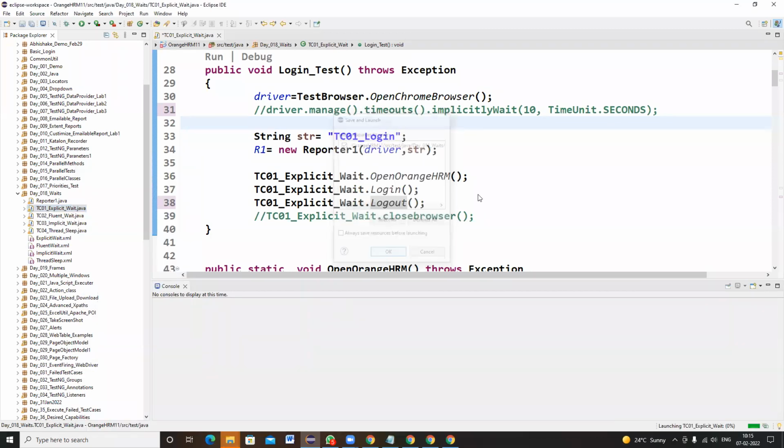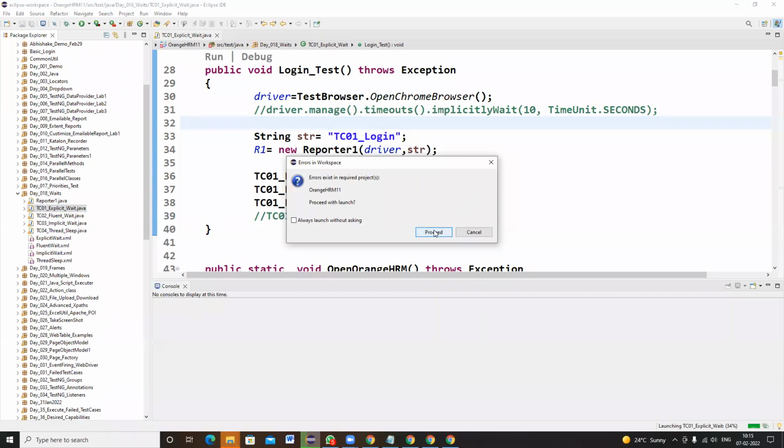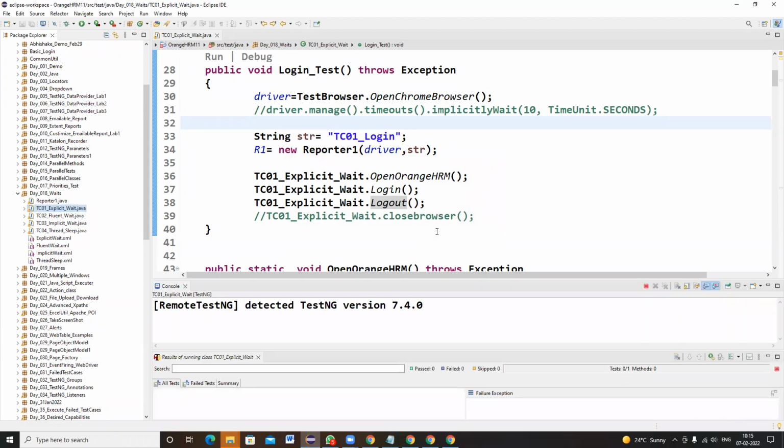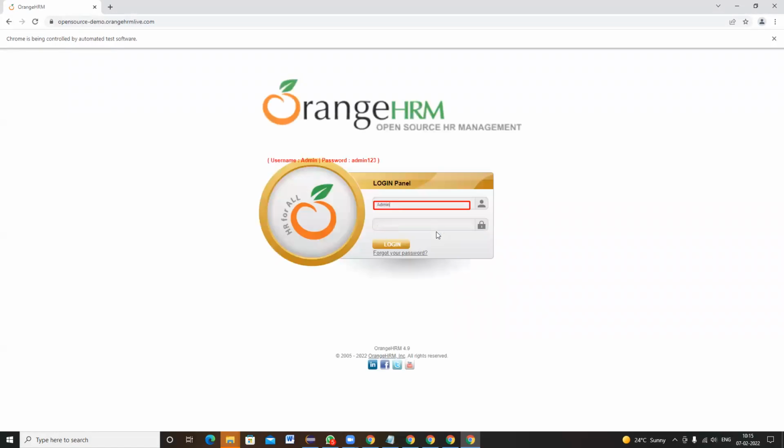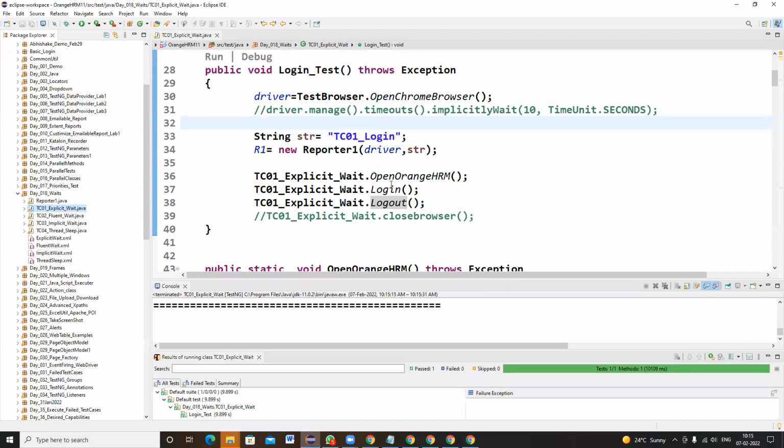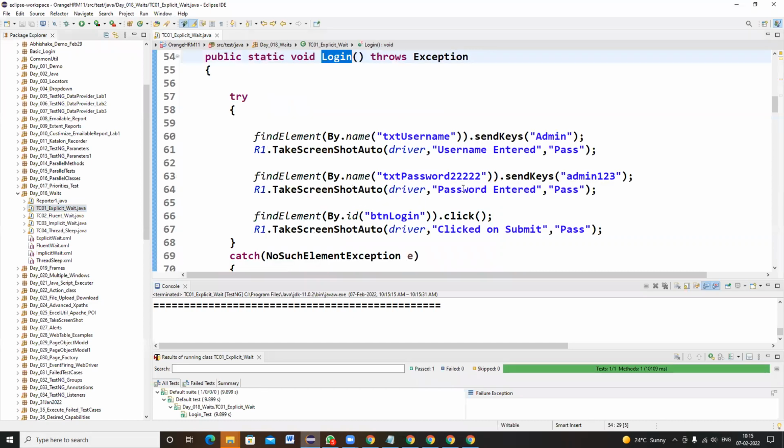So in a program, we can write implicit and explicit wait. In case it is handled by implicit wait time, well and fine. In case it is not handled within the default implicit time, it can be automatically handled by explicit wait, because we have given extra time for that specific web element. What happened? Login. Here I have written.